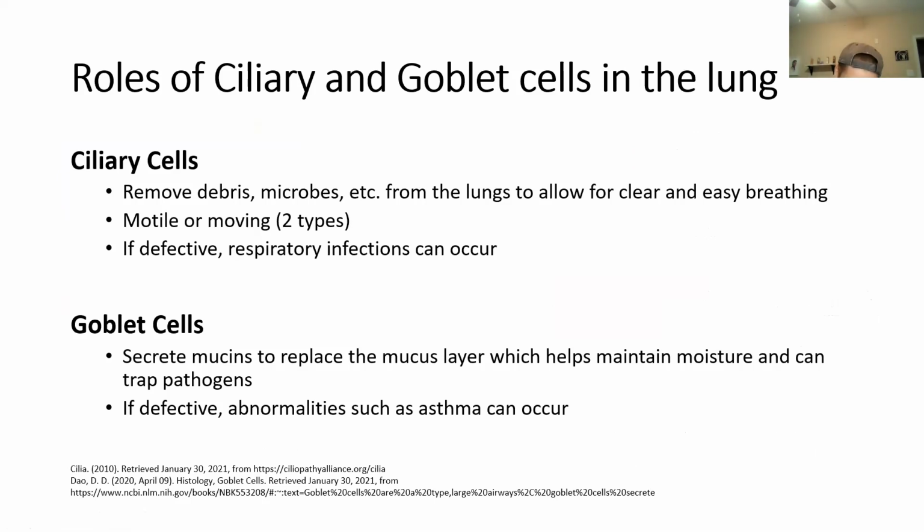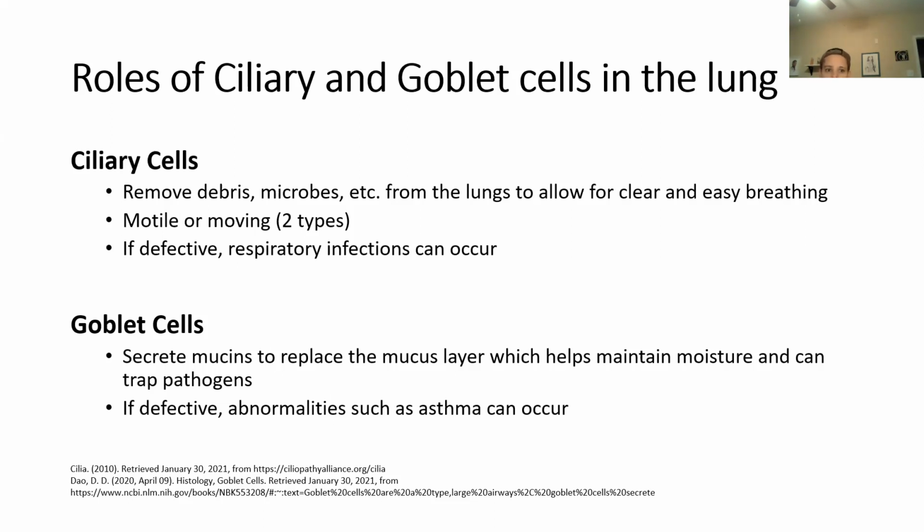They both are found in the superficial cellular layer as a primary defense of the respiratory tract. They coordinate to trap biological and inherent particles and remove them from the airways. And the ciliary cells have finger-like projections, and they sweep mucus and particles from the lungs, clearing debris. There are two types of ciliary cells, and the ones that I'm talking about in the lungs are